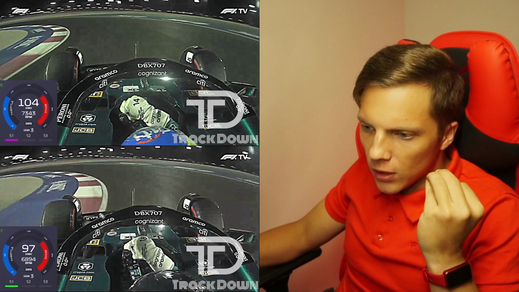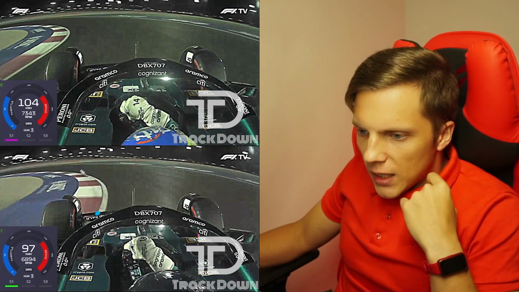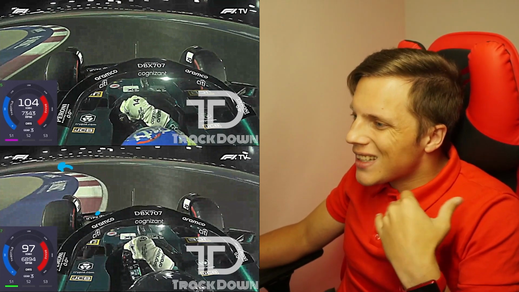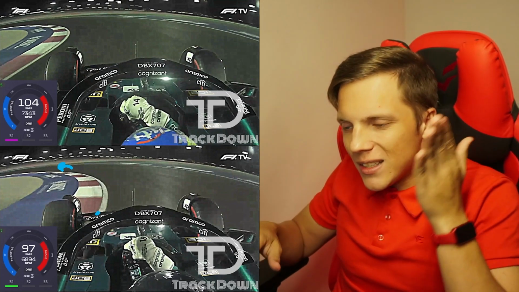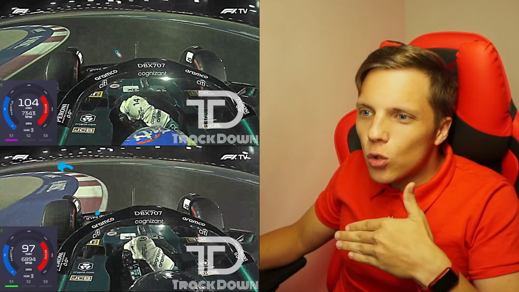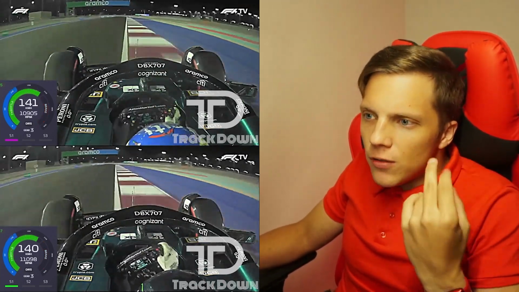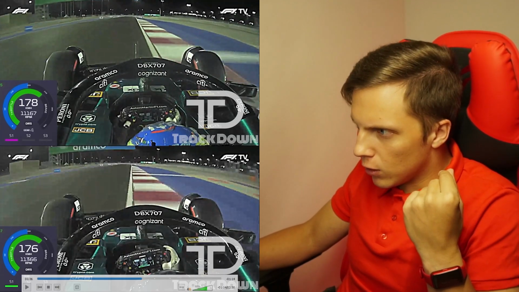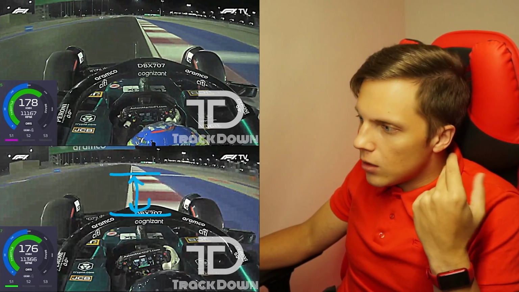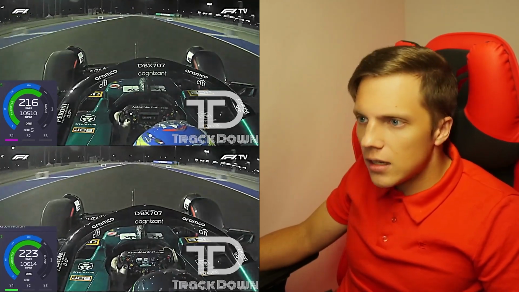Early entry from Lance Stroll, but he's entering the corner too early. The car is under-rotated. He will have to rotate it more on the exit of the corner, which will result in a huge loss. While Fernando is late on the brakes, turning the car in as much as he can, and he straightens the exit. Huge difference in line and huge difference in speed at the exit of the corner. And we see a huge gap was made in basically one corner. So we drag Lance Stroll forward once again.